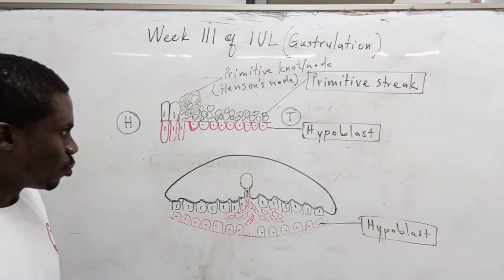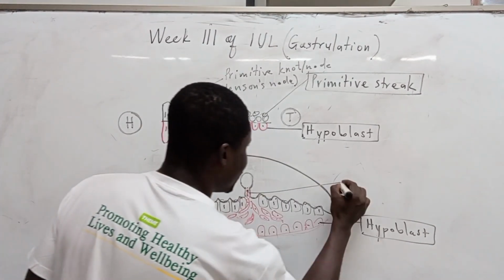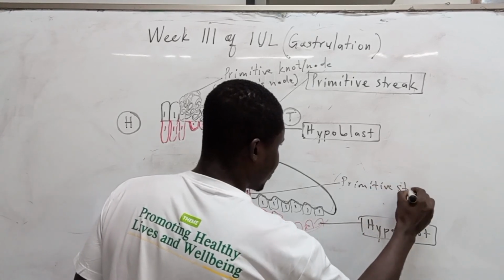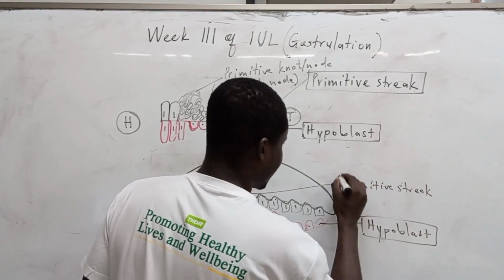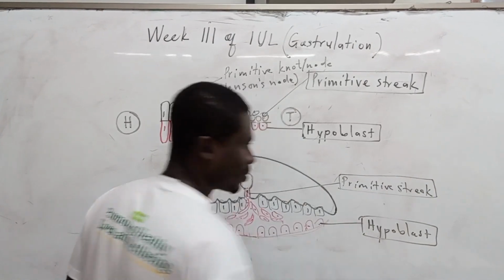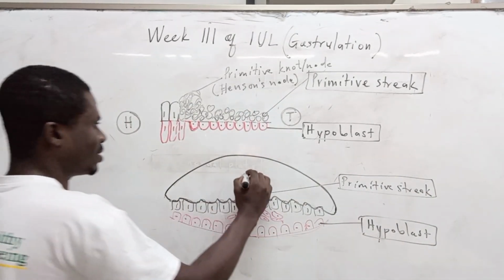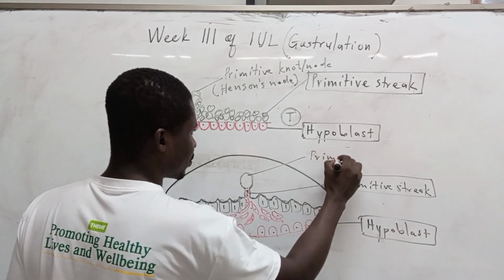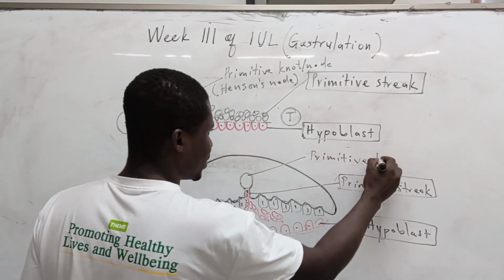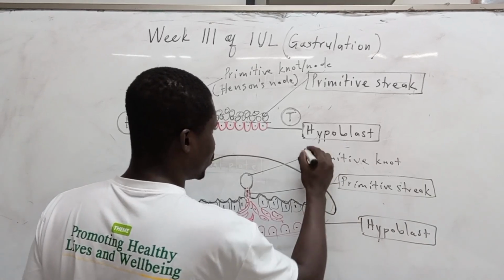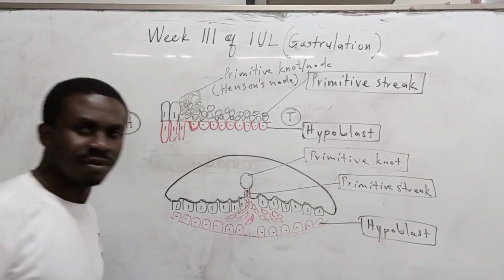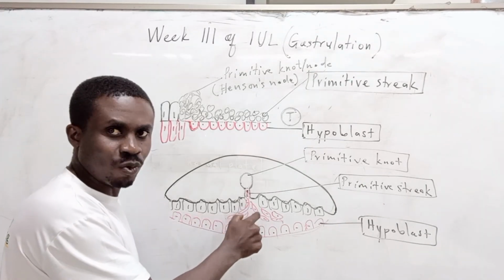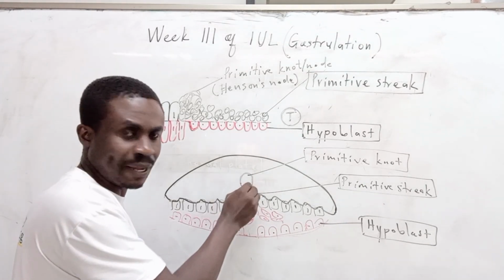Now, one thing I want you to know is that this is the primitive streak. And then this becomes a primitive node or a primitive knot, Hensen's node. That's what we see. So that these cells, which are coming from the streak in the midline, they are